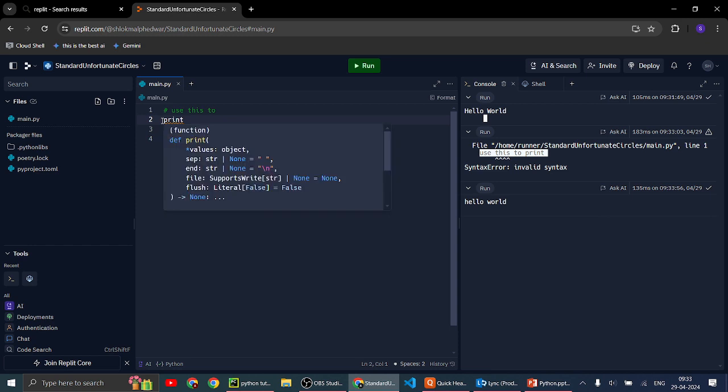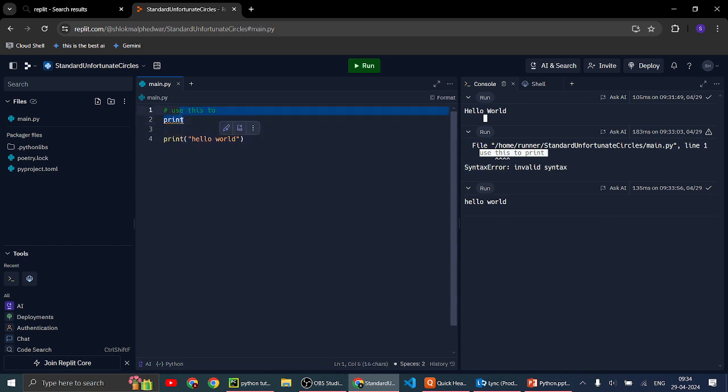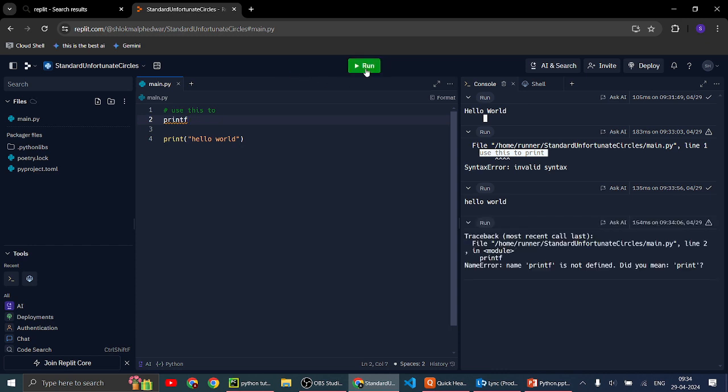Print is a function, so it is not throwing an error. But printf will throw an error: printf is not defined. It's not in Python.